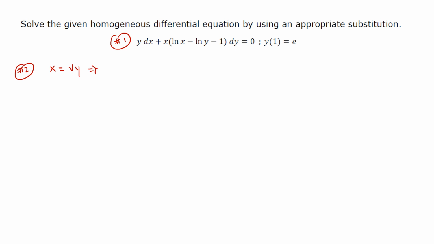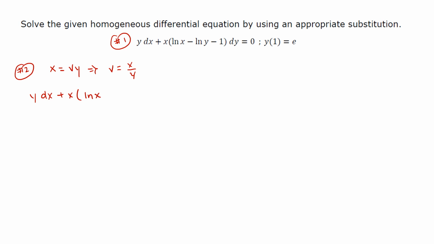So then v equals x over y. Okay. So in starting with our equation, we have y dx plus x